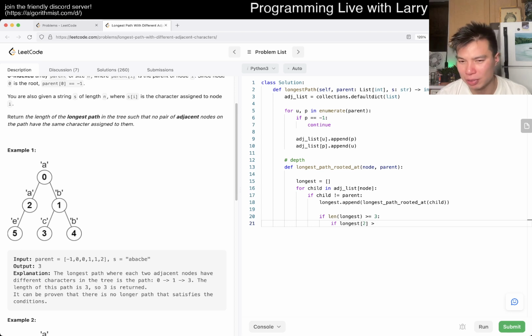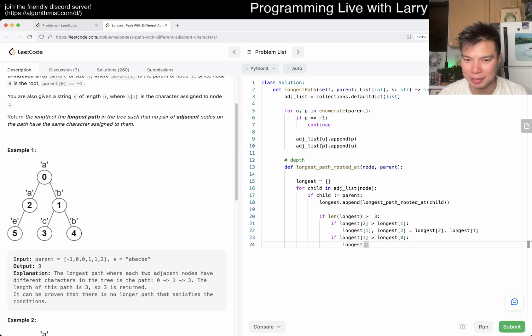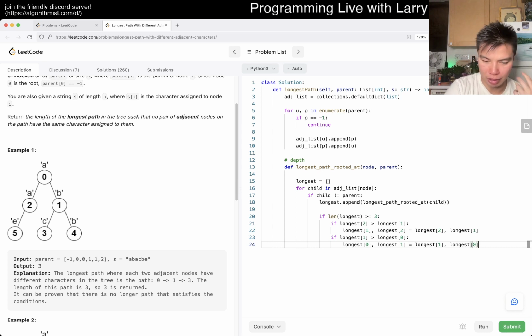But you can also do it in two depth first search traversals. But okay, so longest 1 is longest 2, and you can write this in a for loop, but I'm not going to, or maybe we just swap them. Right, and then if longest of 1 is greater than longest of 0, then again we swap them. And sometimes you see me writing random looking code, and it's true because there are no strict patterns about it. Just do whatever you feel makes sense,